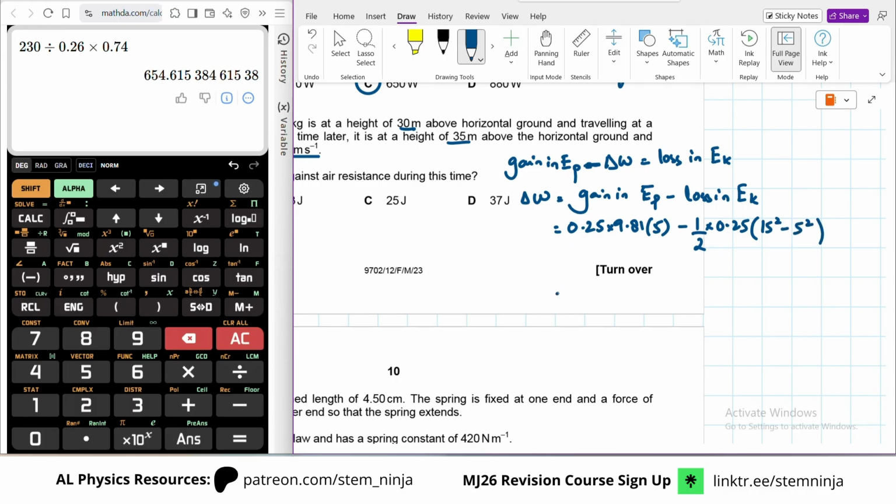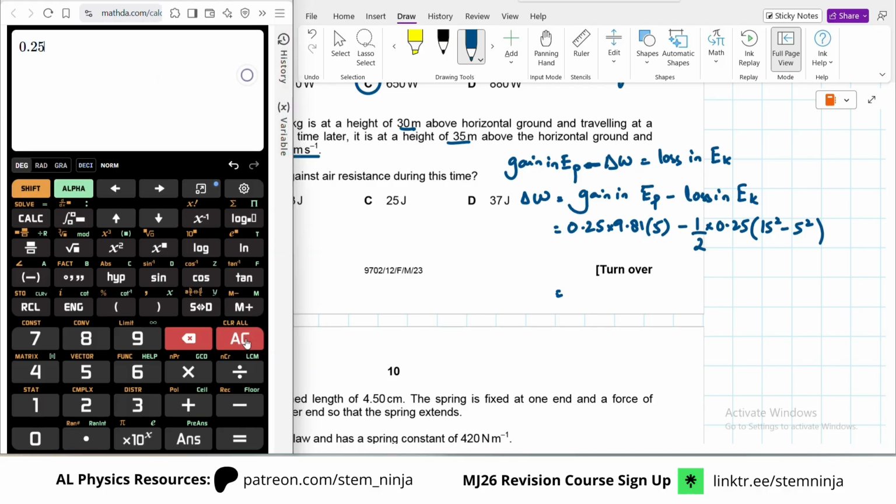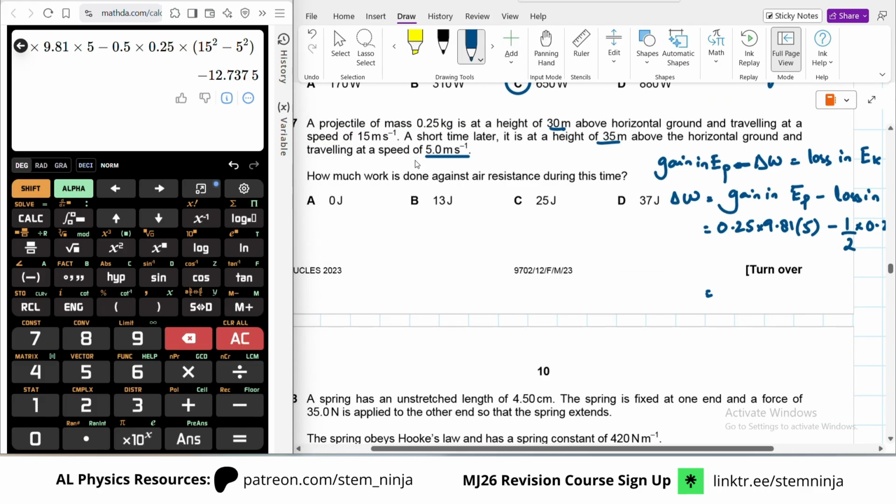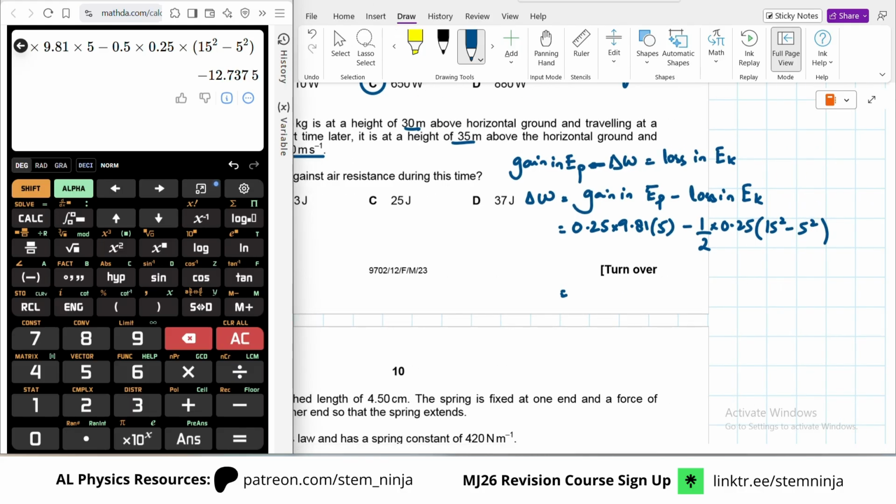That's it. So we need to figure it out. So 0.25 times by 9.81 times by 5 minus 0.5, 0.25 times by 15 squared minus 5 squared. Actually, that would have been just 200. Wait a second, did we make it correct? Half m u squared minus v squared above the horizontal ground. Sorry, we got the right answer, but different